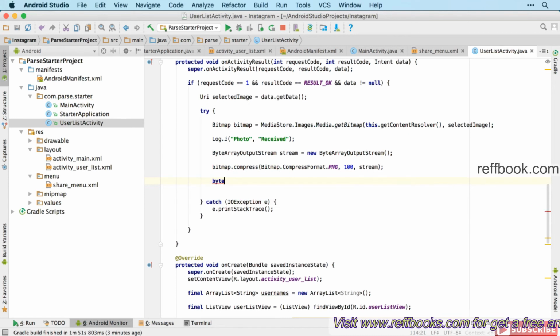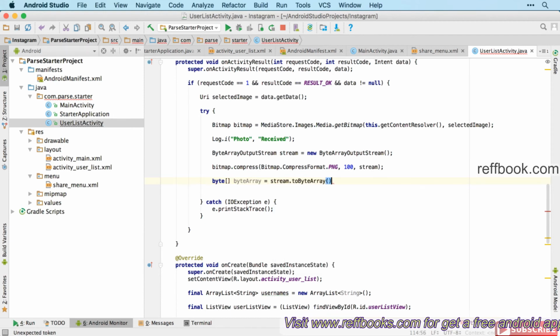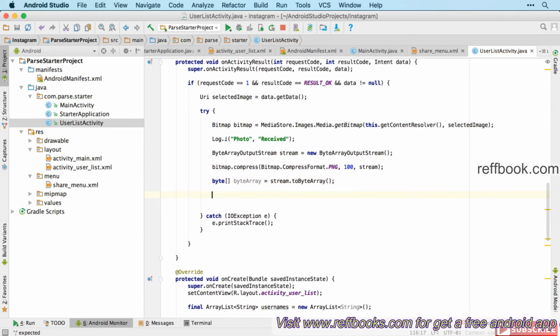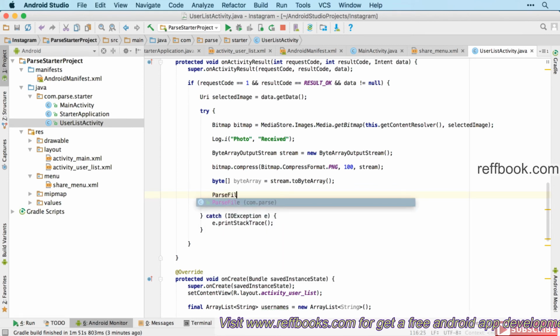Then we're going to take a byte array, which is going to convert our stream to a byte array. So we've now got our bitmap compressed in a PNG format and converted to a byte array. And then we can finally convert that to a Parse file,